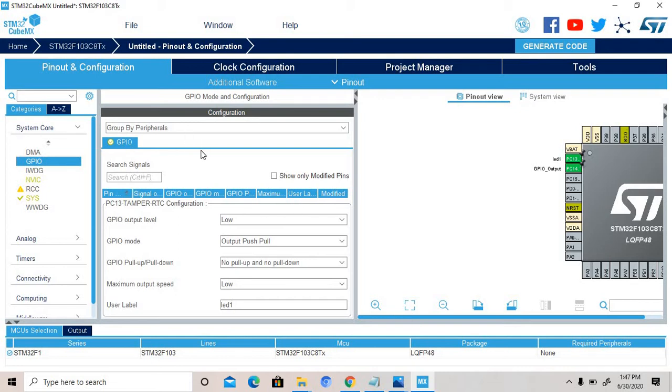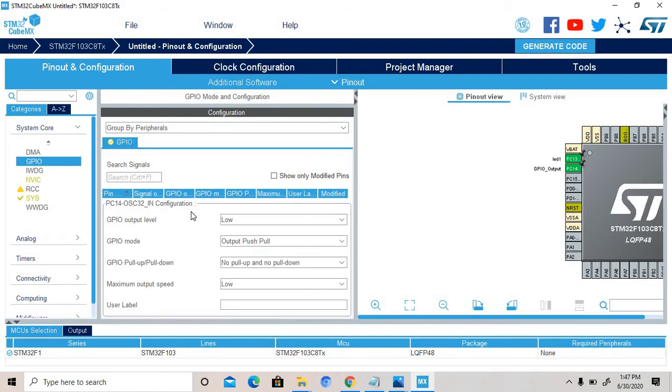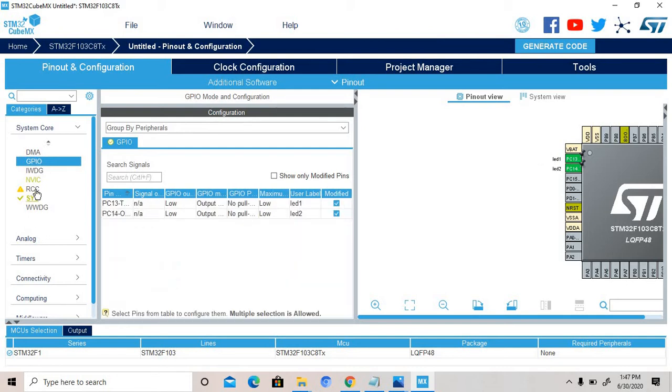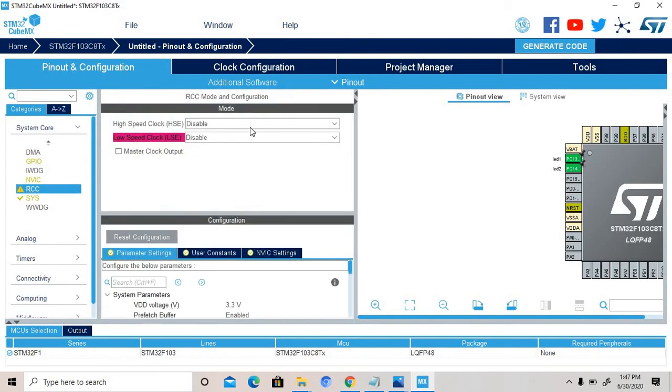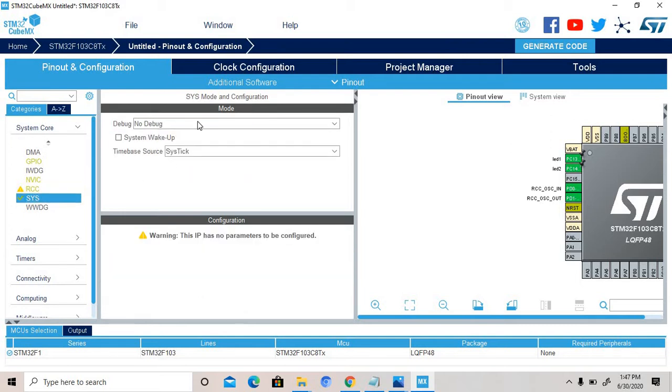After that, go to GPIO again, then click the second one, then name it LED2. Then after that RCC, work on crystal ceramic. Select crystal ceramic in the system.